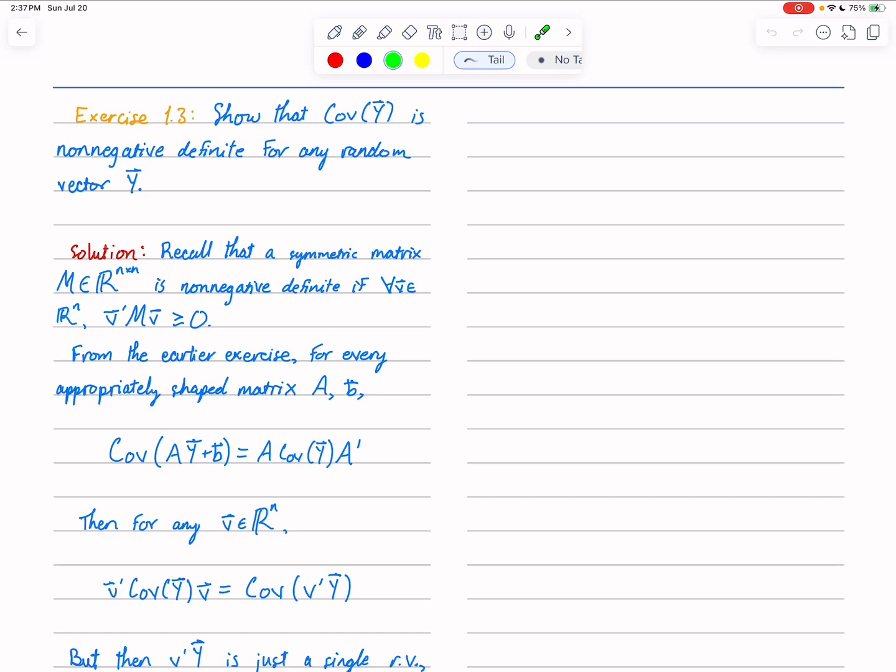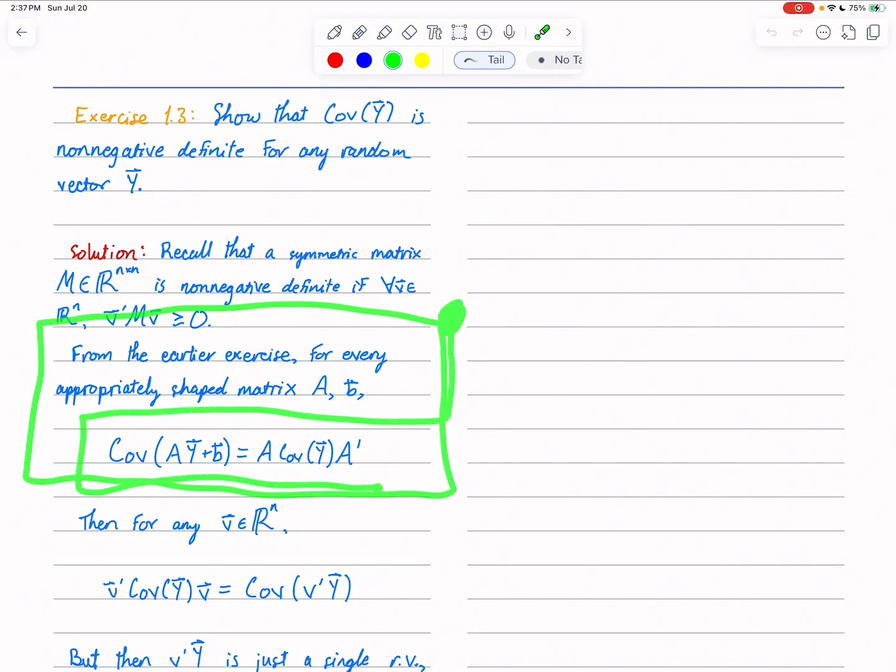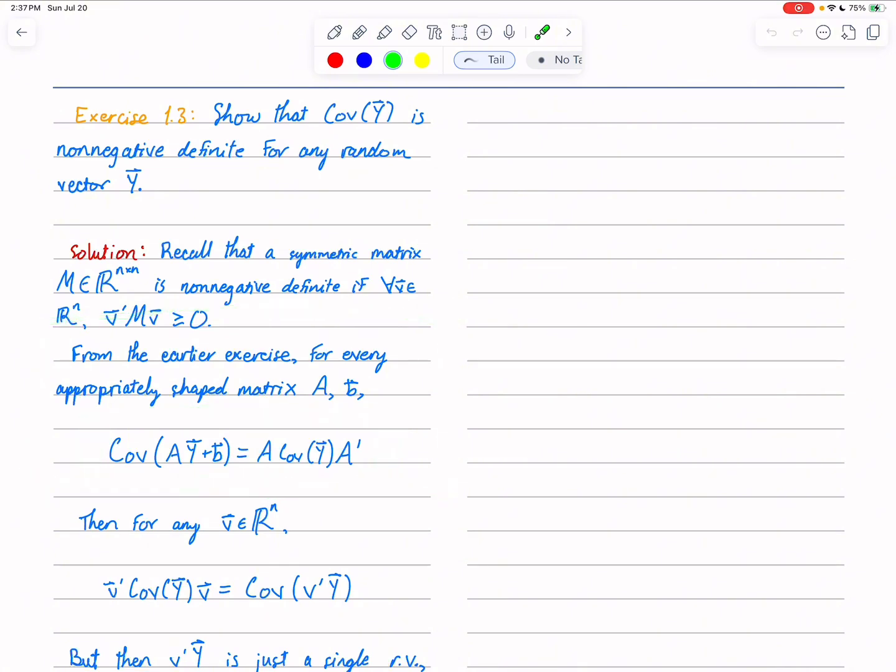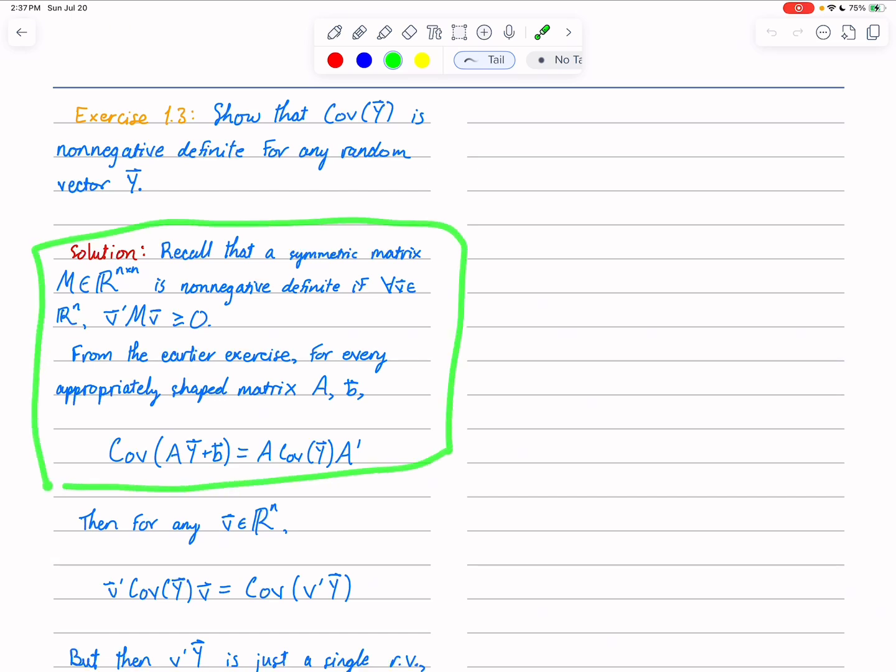Now let's recall what we got from the previous exercise. We showed that for any random vector y and matrix A, vector B, that we get this, right? The matrix A and the vector B are constants, but we always get this result. So with these ingredients laid out,